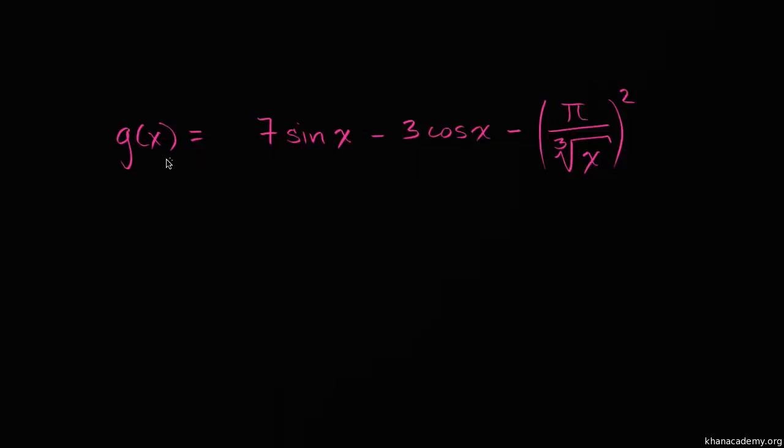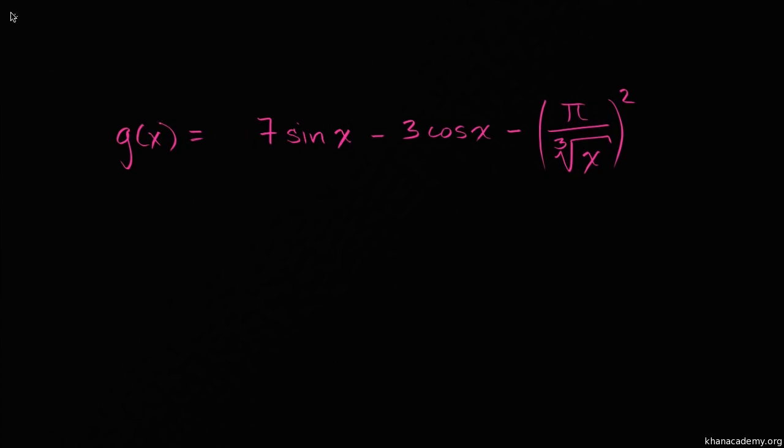What we want to do is find the derivative of this g of x, and at first it can look intimidating. We have a sine of x here, we have a cosine of x. We have this crazy expression here with a pi over cube root of x. We're squaring the whole thing, and at first it might seem intimidating. But as we'll see in this video, we can actually do this with the tools already in our toolkit, using